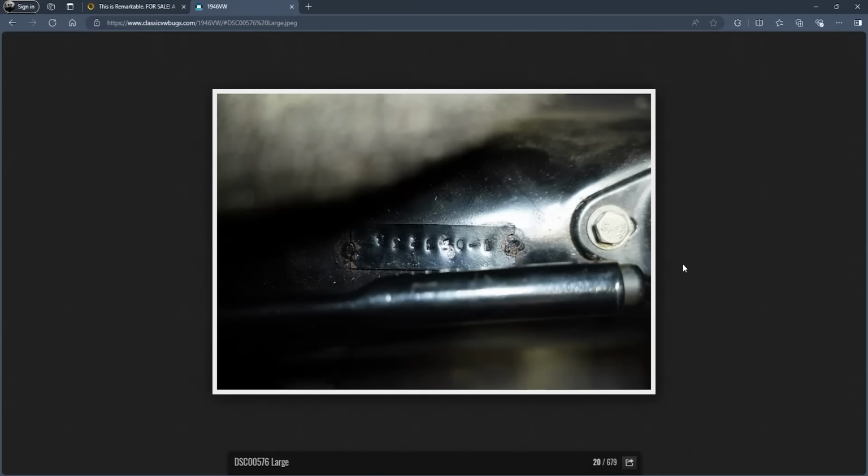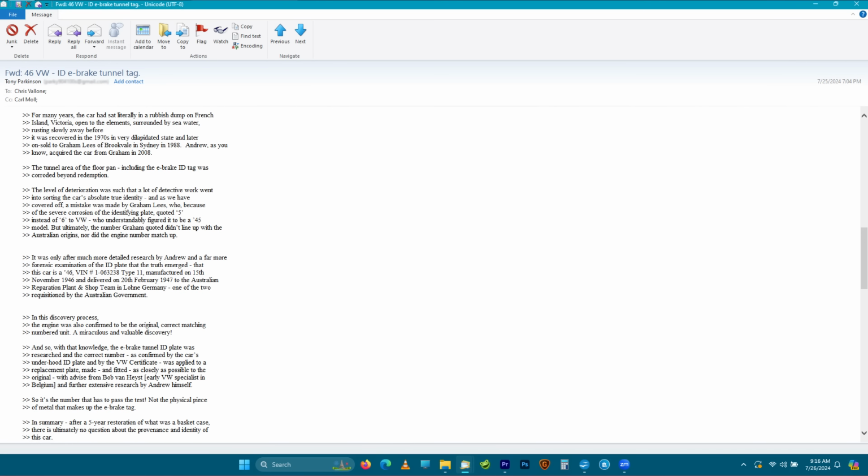I got some questions from some maybe eager buyers or people that are interested in putting a bid in on this car. So he kindly responded to me with this email because I emailed him and said, hey, I got to be transparent with my audience. We got to be upfront with everybody here. So here we go. So he tells me for many years the car had sat literally in a rubbish dump